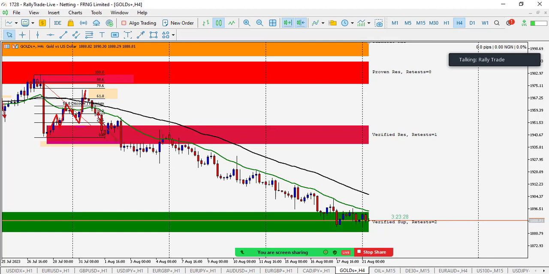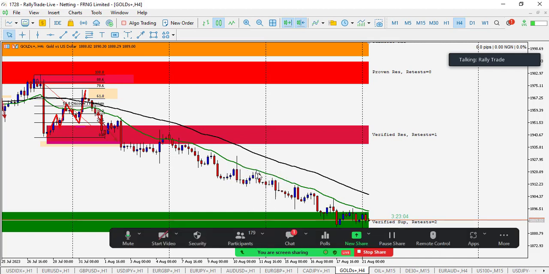You can see how my moving average, 50, and of course 21 are all fanning nicely towards the downside. And of course, the 21 has always been acting as a point of dynamic supply. That means whenever the price gets to 21, the price will get rejected, and that rejection will cause a push towards the downside. That's what has been happening.